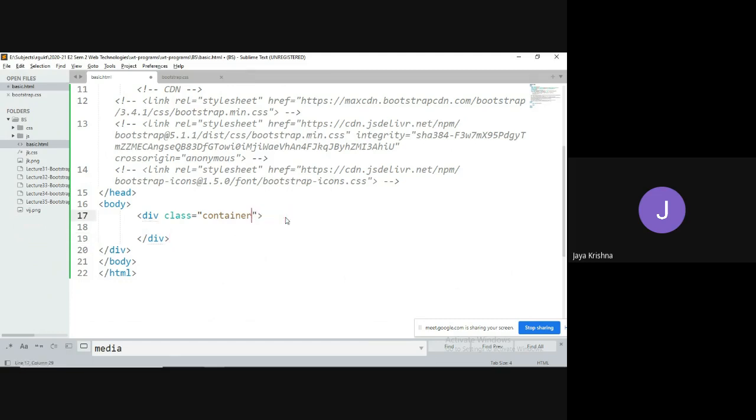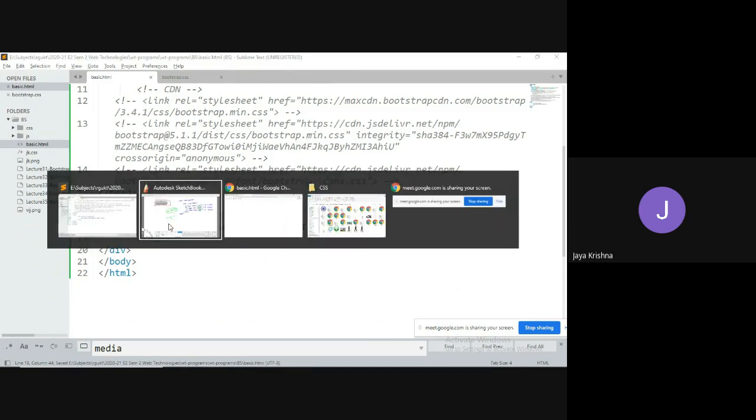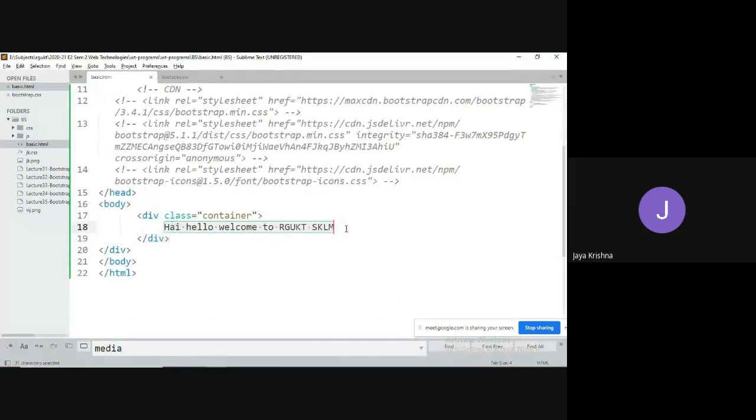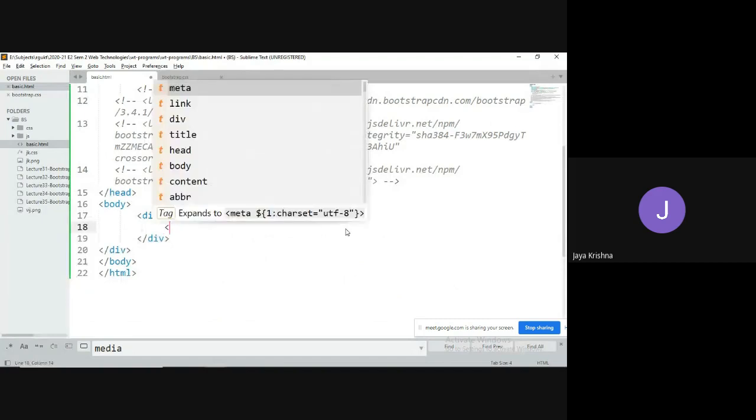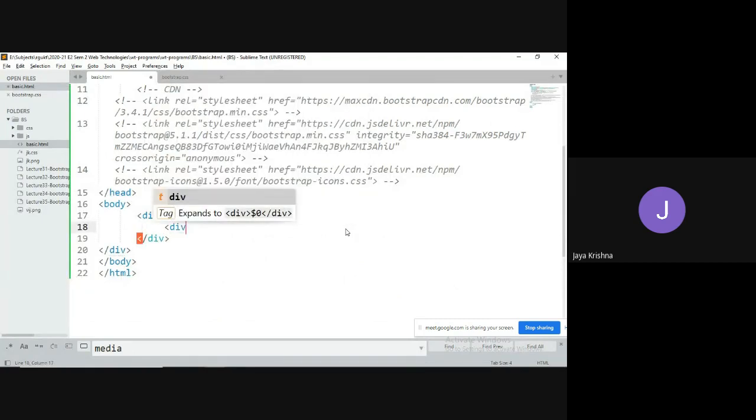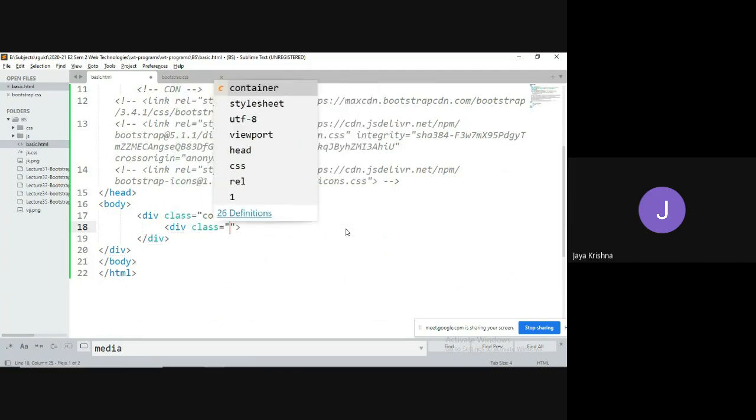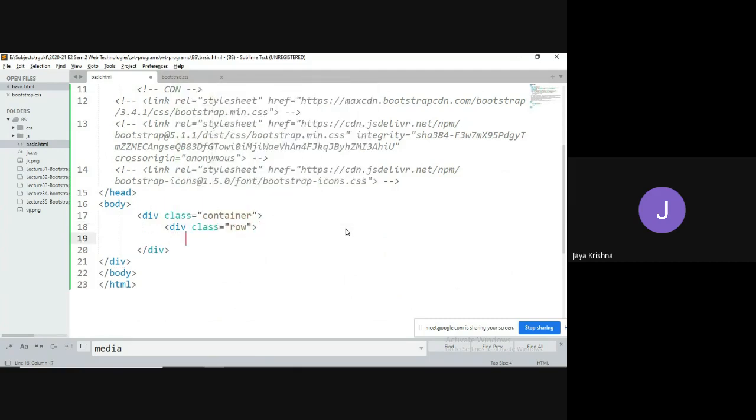Yes, we got the output. Now this is the space where I need to go for splitting the website into a responsive website. So for the division, I'm going to take the class as row, and close this.